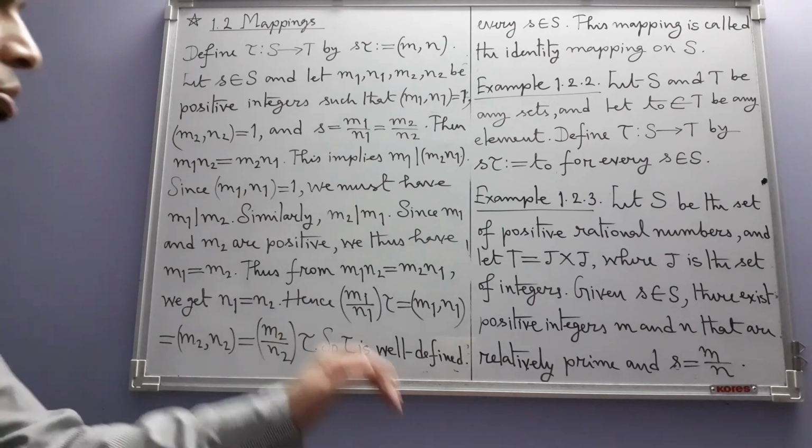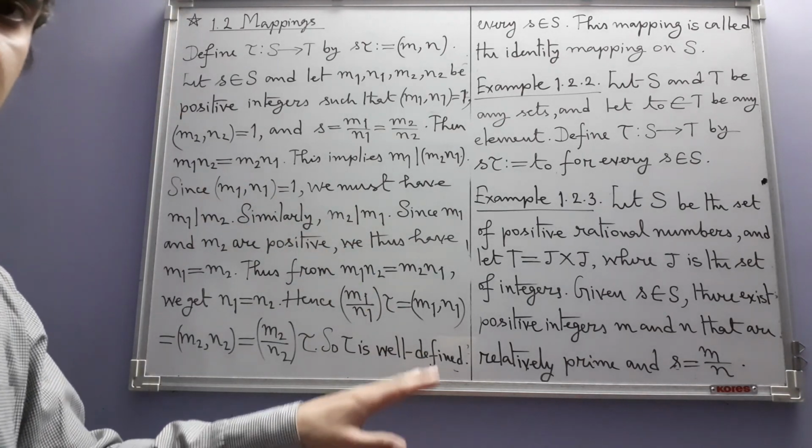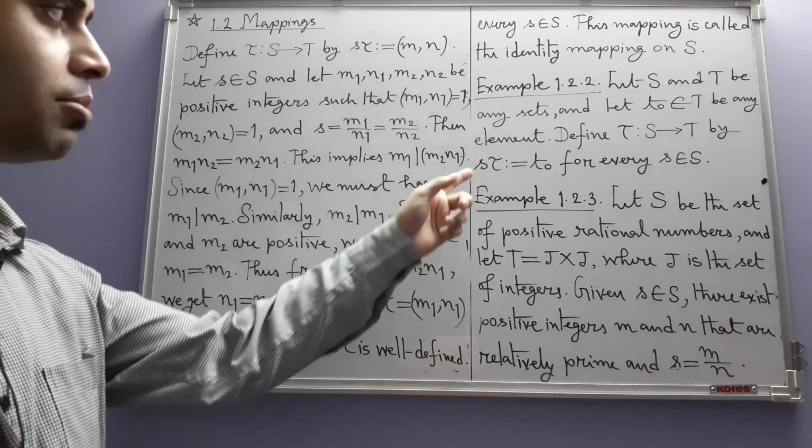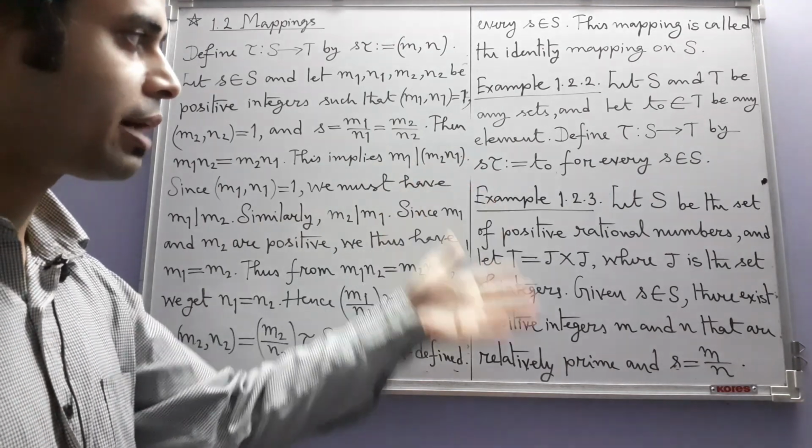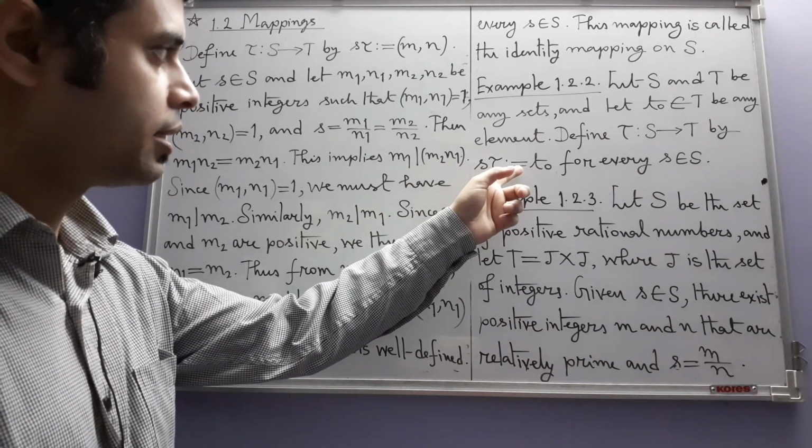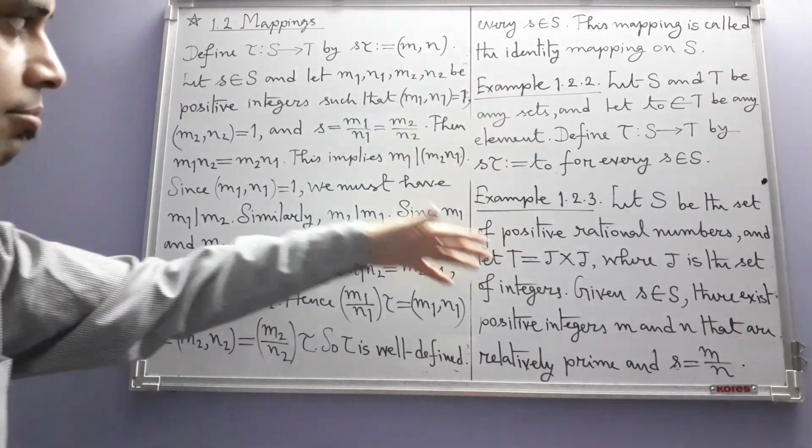Sometimes showing that a mapping is well defined will be so easy that you can almost see that it's true. You don't have to do anything, like in the case of the previous two examples, but sometimes you may need to